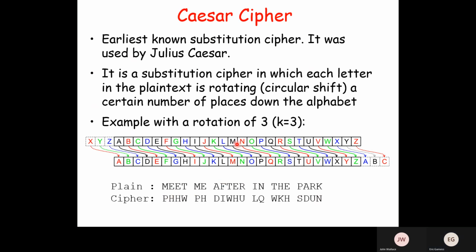So she will say, M will become a P. So this M, I have to change it with a P. E will become an H. So this E, H. Every E will be substituted by an H. Then T will become a W. So she will replace T with a W. Then we have M will become a P. So she puts a P here. She does that letter by letter, and the encrypted message is this one.